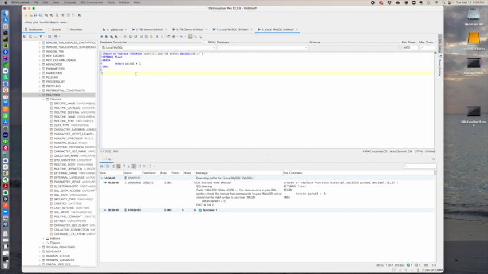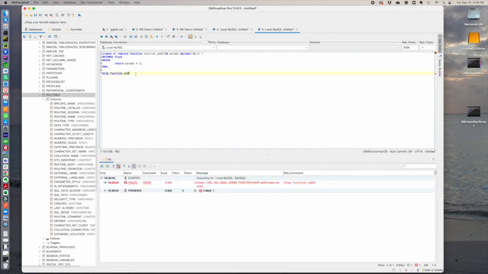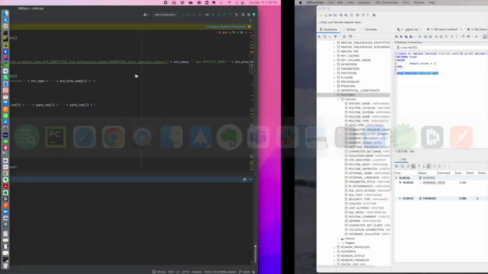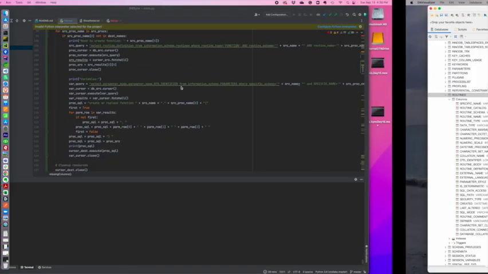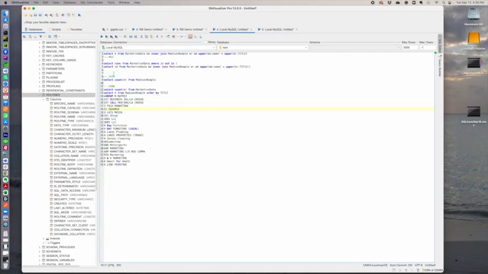So now I can do drop function add 3. Tutorial.add 3. And the wrong. There we go. Okay, so I need to get my returns. So what I need to do is from the